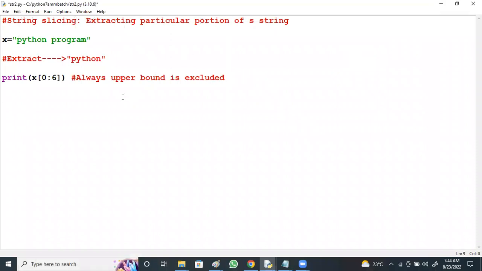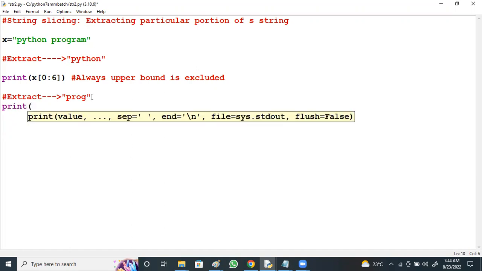Now extract only the middle portion of the string, prog. There are 4 characters only, I want to extract only these 4. How can I extract only these 4? Try to answer it. Everyone try to give responses. Print x of